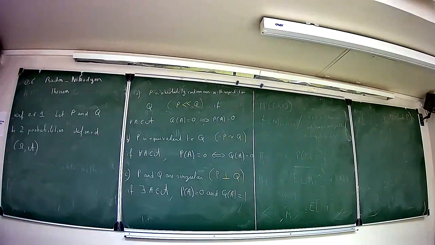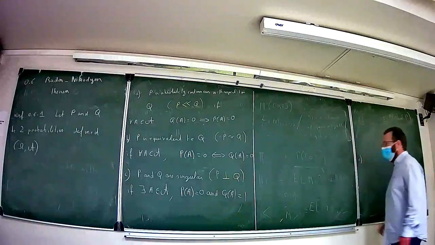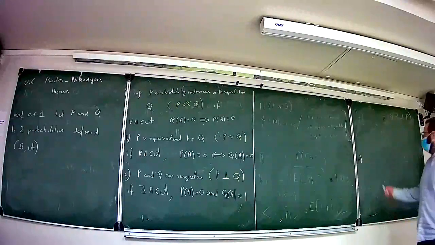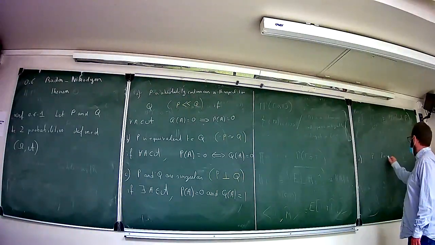Dirac mass with disjoint support. Perfect. And in general, it's what we have to have in mind because it is the simplest example of two probabilities that are singular. Okay? But just in order to use things that are more common for you, if you take for P let's say a Poisson.